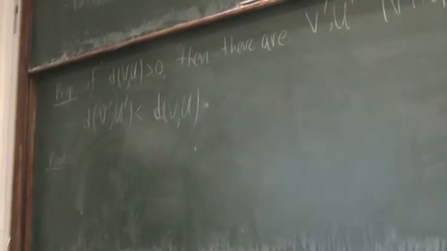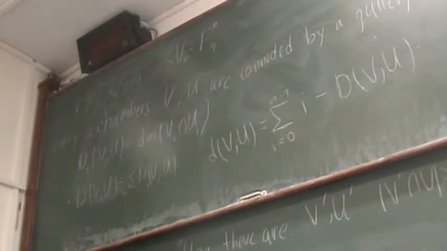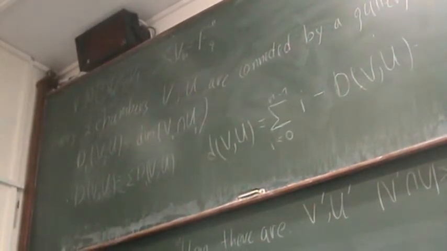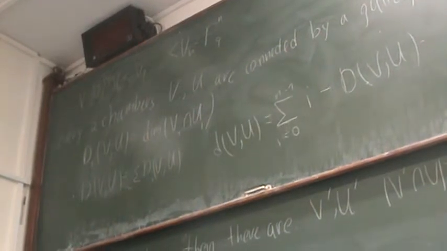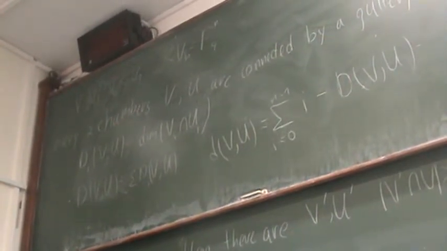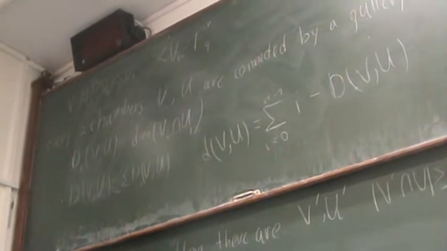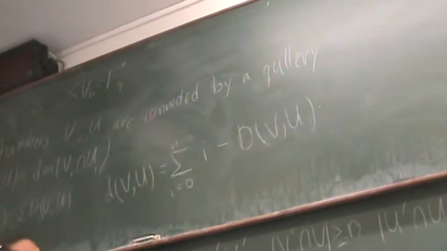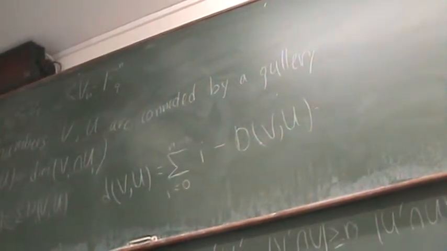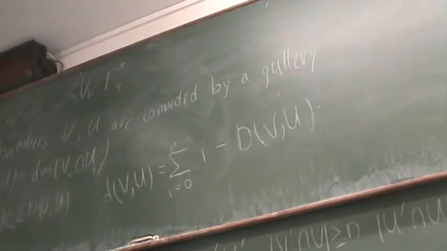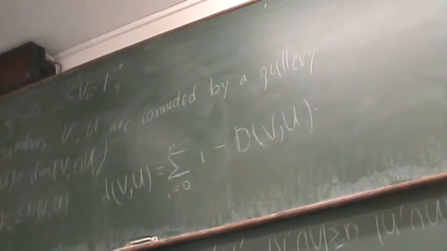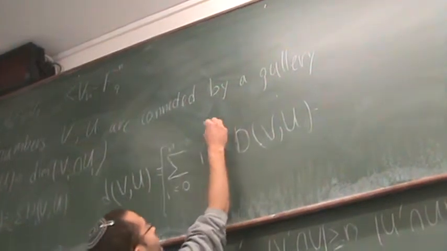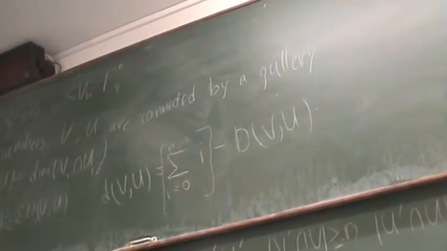So basically, we see that these functions, these d_i are non-decreasing. Wait, what is it though? The d(V, U) is equal to what? The sum for i from 0 to n minus 1, you should take it in brackets. Right. Alex,